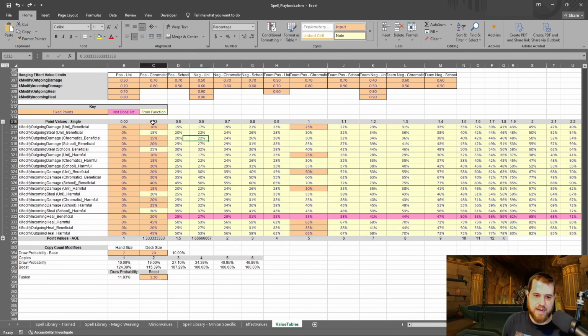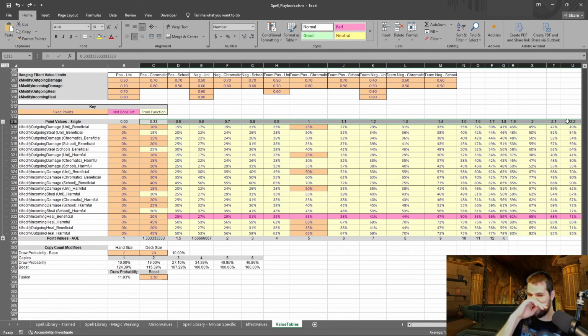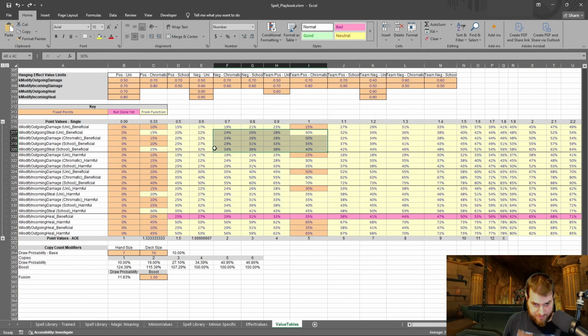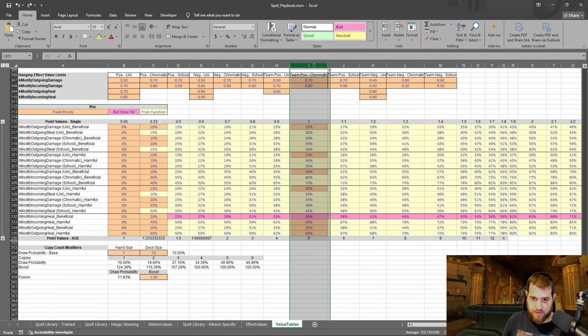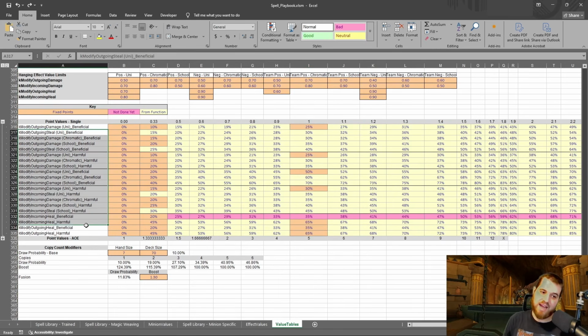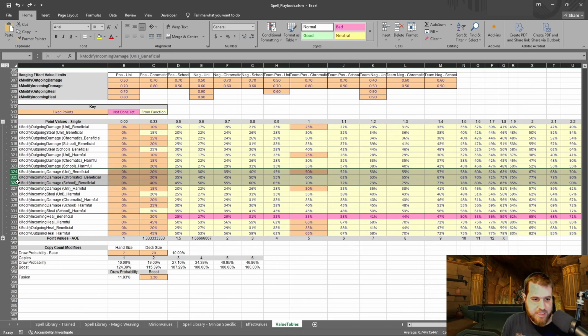So this at the top is the point value, and these are the percentages of the spell, so of the effect. And these are kind of confusing, but I should probably have edited these for y'all, but let's take these. These are shields. So a universal shield at 0 pips is 50%. Tower shield, obviously. A chromatic version is 60, and a school specific is 70. That's why your 0 pip